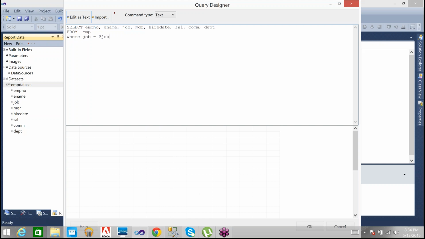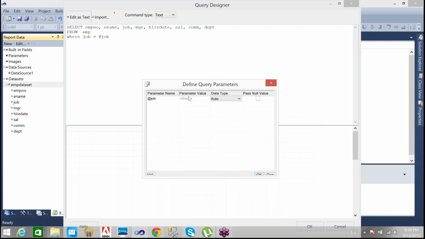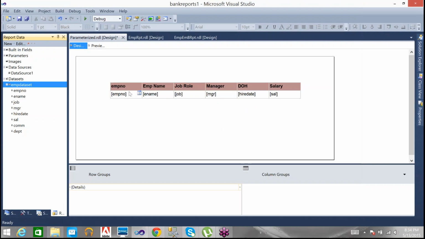Here we are not creating a stored procedure, no? We are using it as a parameter. Automatically, once you develop the parameter for the query, let us see what will happen. If I run it, the system will ask me to enter the parameter value. Then that parameter will be applied for the report. I just created the parameter for the data set.